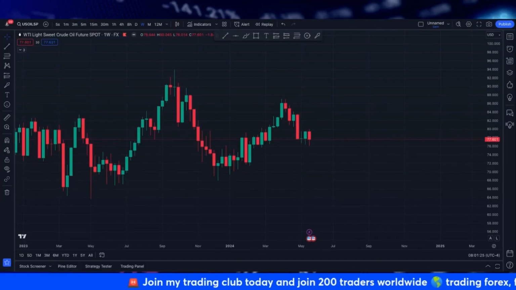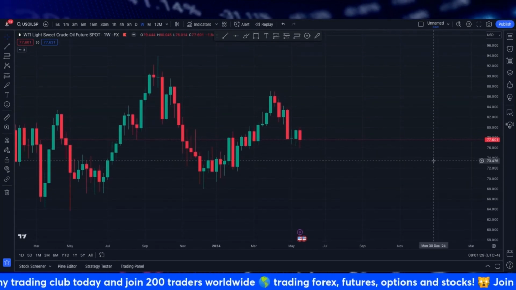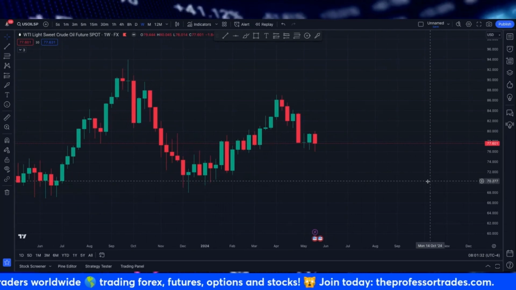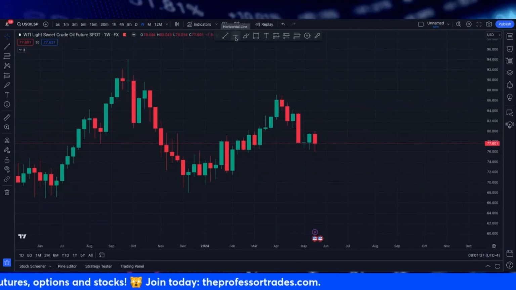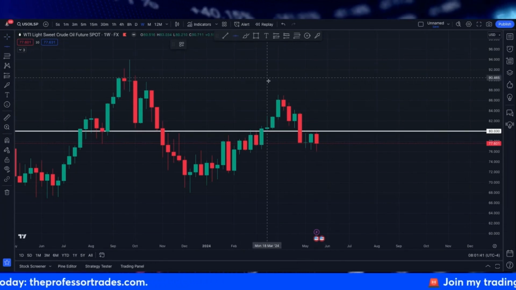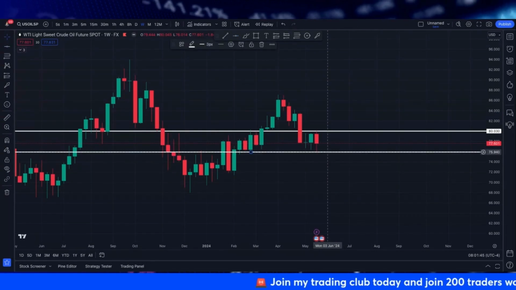Okay, so as we normally do, we like to start on the weekly time frame to see what crude oil did over the past few weeks. Of course, the biggest thing that stands out is that we have not been able to close above that $80 mark, and we have not been able to close below roughly that $76